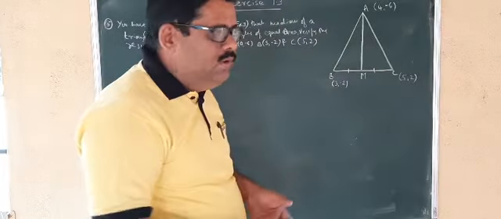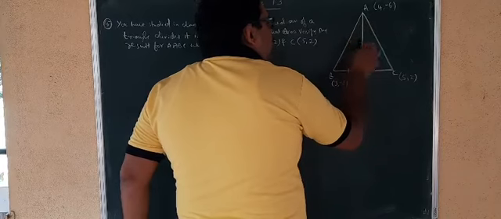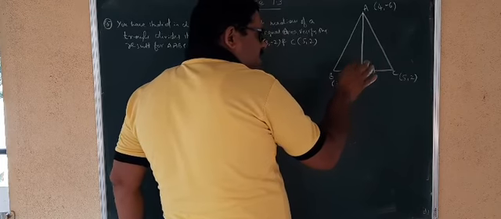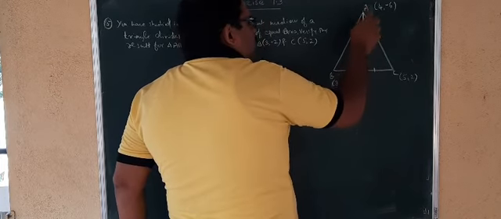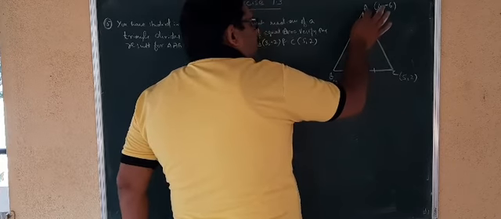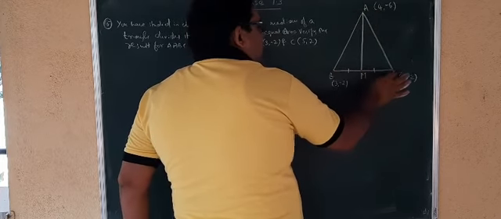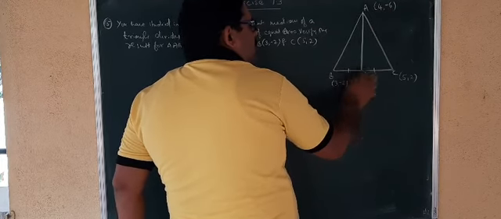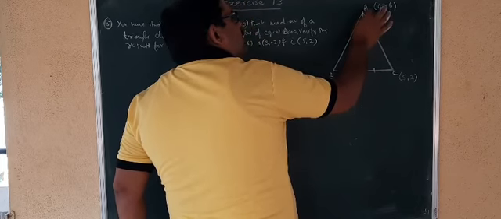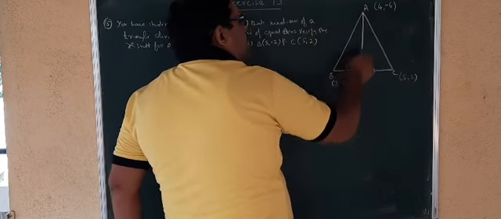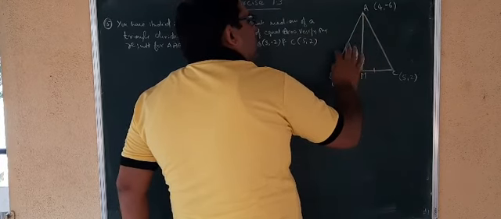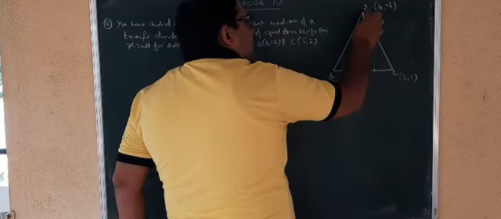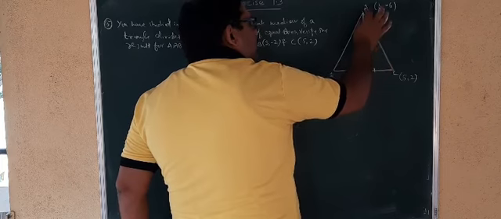Here we have to prove the triangle formed by the median. Median means it is a line segment which joins the vertex to the midpoint of the opposite side of that vertex. So, here BC is the opposite side of A. So, this is the midpoint of BC. I have already marked this. M is connected to the vertex A, so this is the median. This median divides the triangle into two triangles with equal area. I have to prove the area of triangle AMB is equal to the area of triangle AMC.